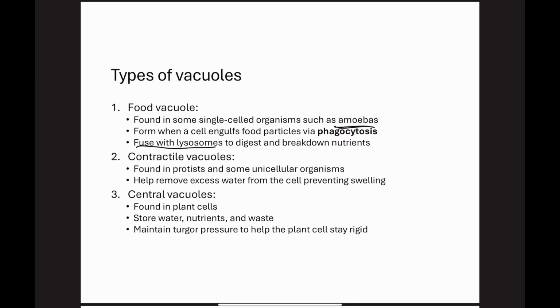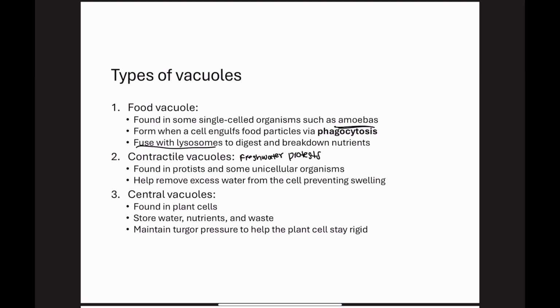And another type of vacuole that we have are contractile vacuoles. And these contractile vacuoles, they are found in freshwater protists and some unicellular organisms. But what they do is they're going to pump excess water out of the cell to maintain an ion balance